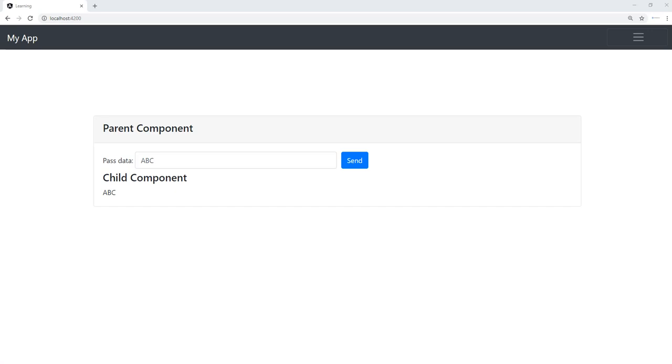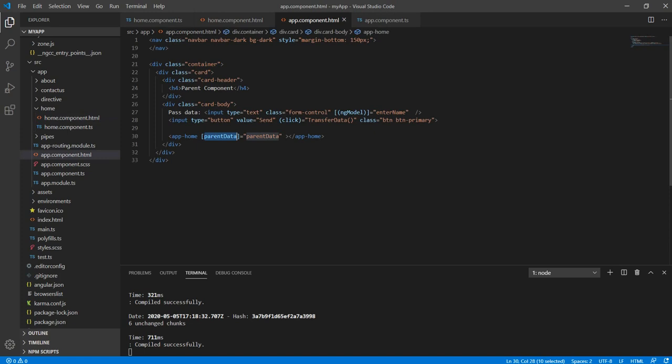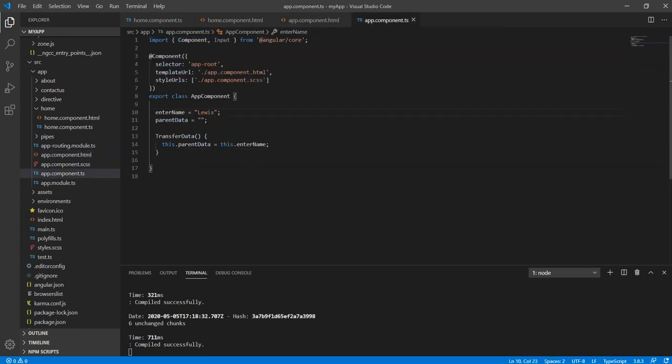We'll quickly recall it now. From Visual Studio Code, first we need to add a property in the child component. I named it parent data, and I created this parent data in app.component.ts. The initial value is empty.